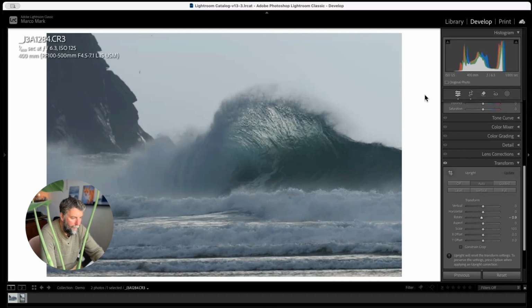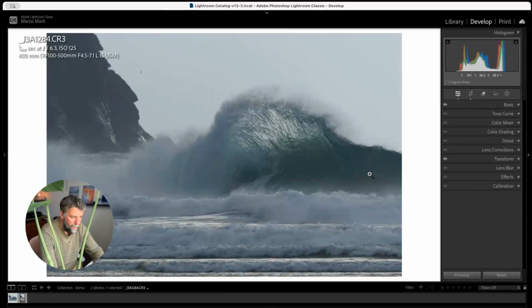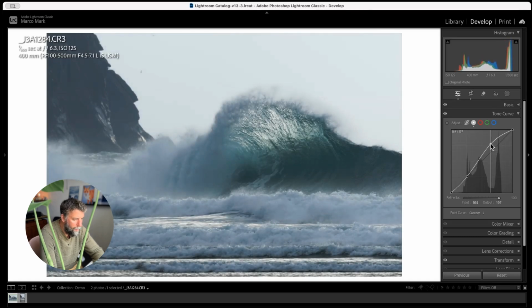Cool, so already much better, much more impact. The wave is bigger. Reasonably happy with that. Time to bring some contrast back to this flat image. We'll use the tone curve to do this. Create a simple S curve. So we'll bring those highlights up a bit. Really want to make the white water pop. So I'm going to go here and then decrease the shadows, make them a bit darker. Really bring out the contrast.